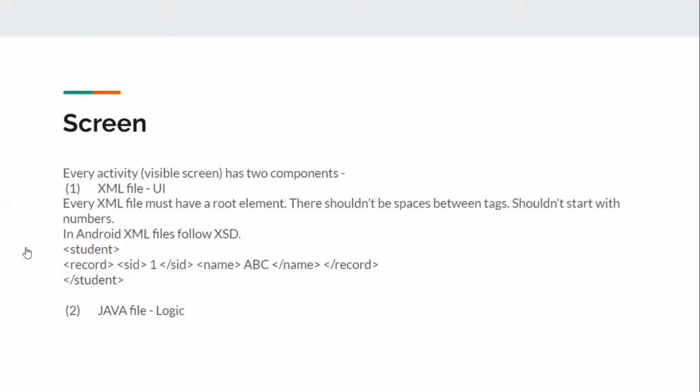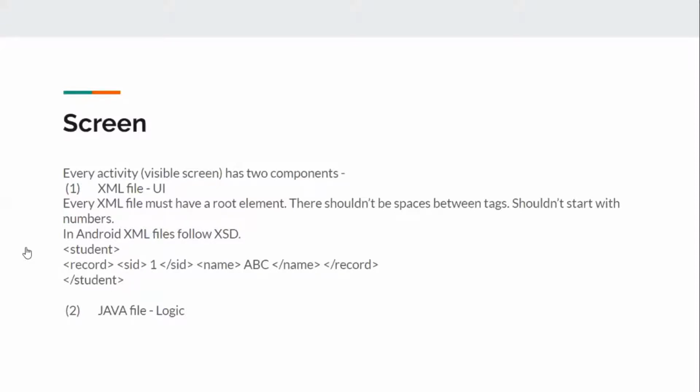So in Android, we would be using an XML file for the UI, the user interface part. Here I have made a small XML file in which I have included certain tags. I've made a tag student. Unlike HTML, you don't have to learn tags over here, because tags are something you can make yourself in XML. I made a student tag, then there's a closing student tag because it's a markup language. After that, I made another tag, record, and another record. Then I made SID, then SID, the serial ID and name of the student. This is just a sample XML file in which I'm storing a record of a student.